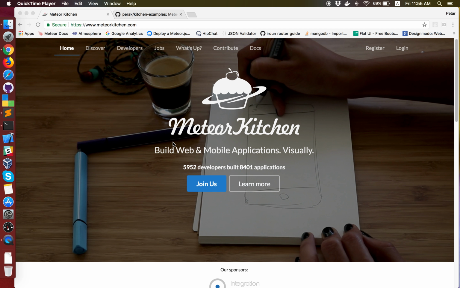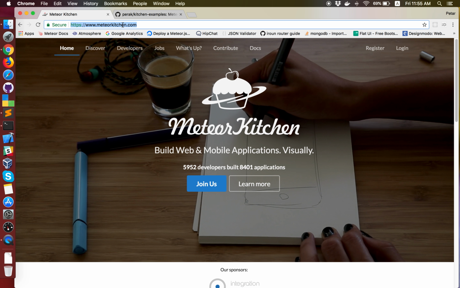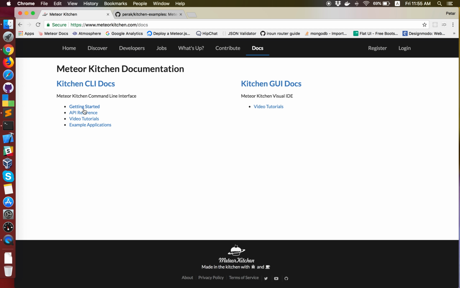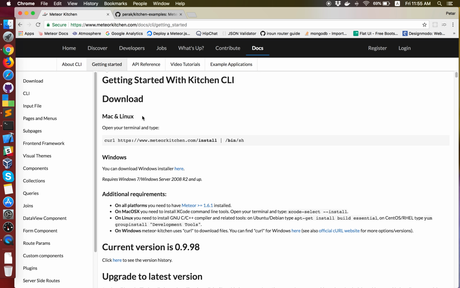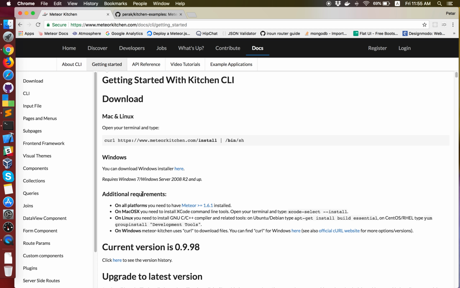To start using Meteor Kitchen command line tool, go to meteorkitchen.com, then go to documentation, getting started, and here you can find instructions on how to install and use Meteor Kitchen. Of course, before installing Meteor Kitchen, you need to have Meteor installed. So go to meteor.com, install Meteor, and